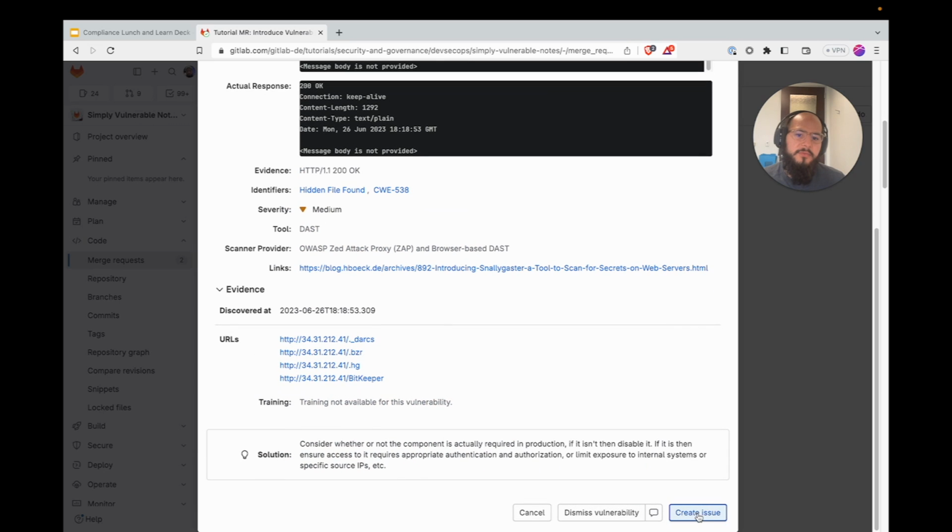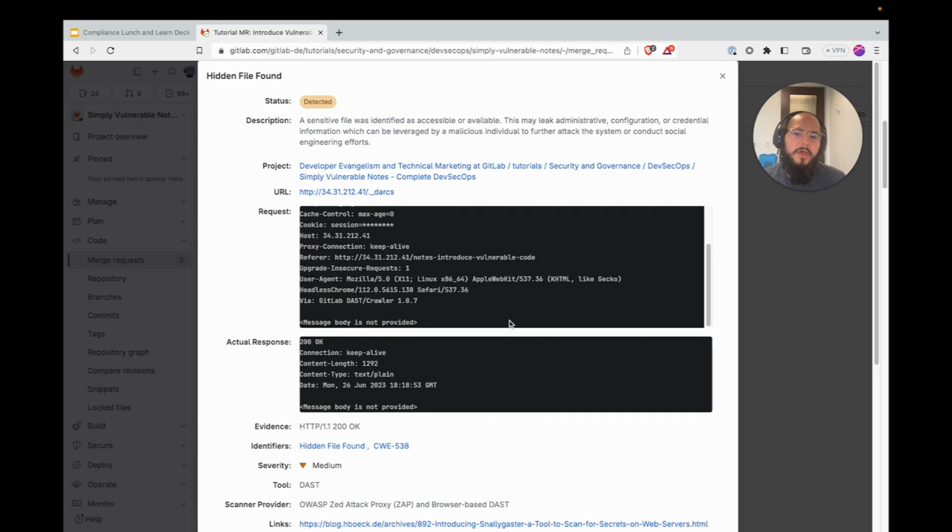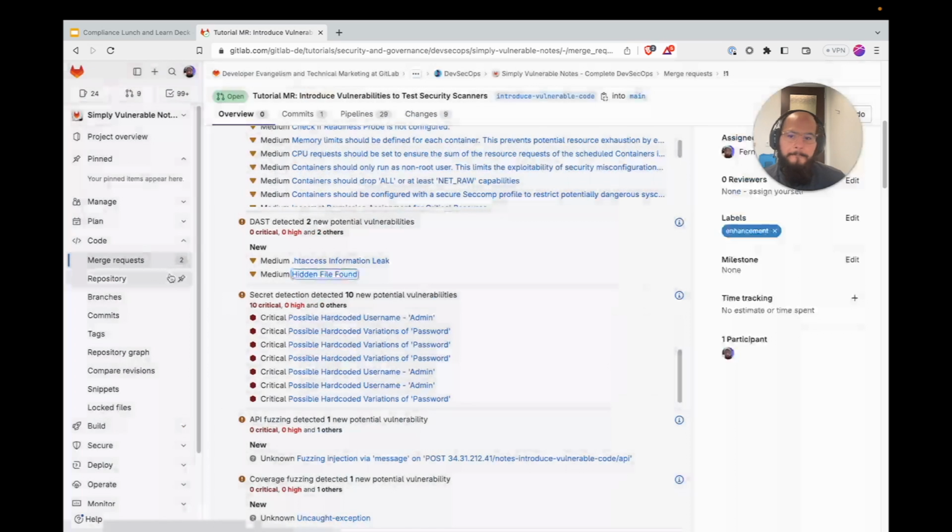This is true of all the other ones, so that way it'll create a confidential issue where developers and AppSec engineers can work together on a solution without alerting malicious actors, without letting them know. So it's a great way to perform a fix if you can't fix it right away. It's a good way to keep that information and continue to iterate on that.